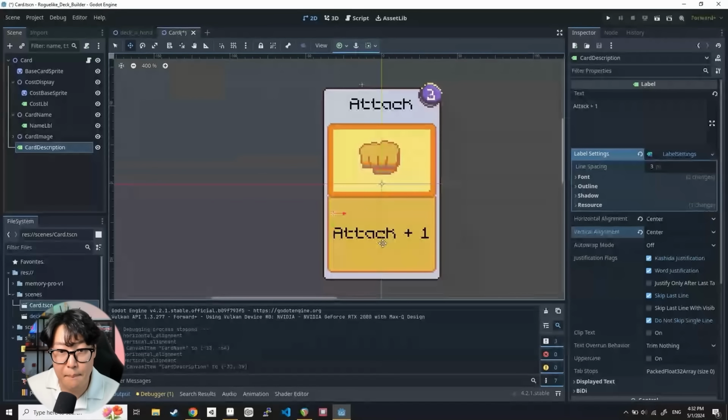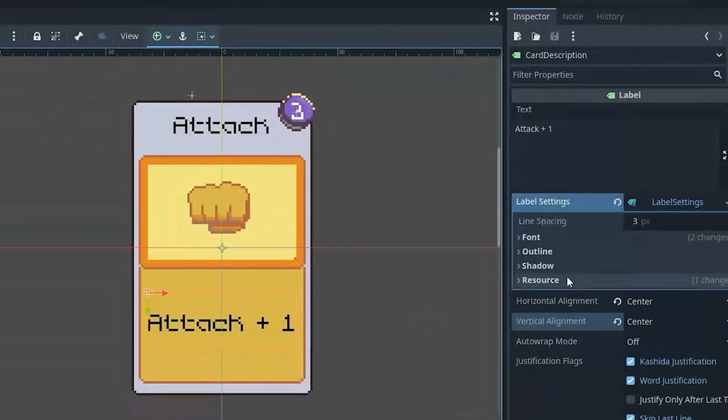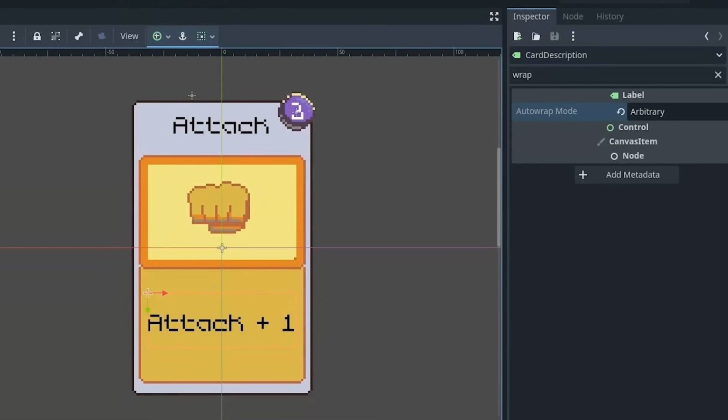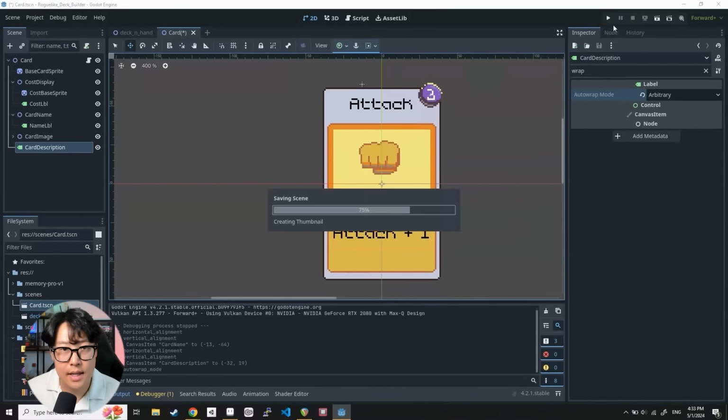Another thing, the wrapping is a problem. So I'm going to look for if there's any wrap. So here's smart, arbitrary. I think the word wrap only wraps when there is a space. If you do arbitrary, it'll just cut off anytime it runs off the space. So for the sake of this one, I think I can afford to just do arbitrary. Bam, you can see new